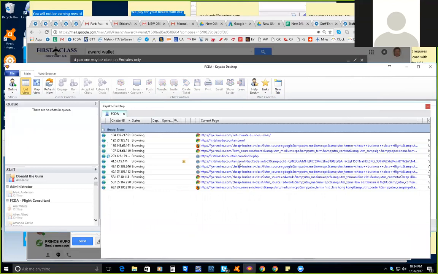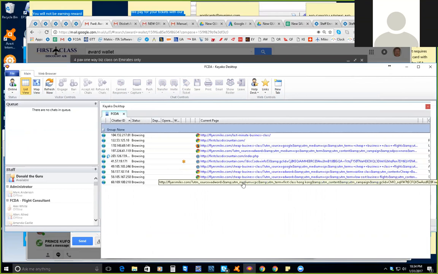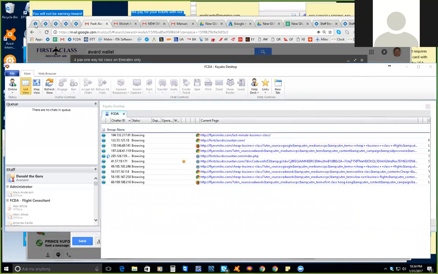Okay, so these are people that are on our website right now. We actually have 2 websites. One of them is called Flyer Smiles. You can see it right here. And one of them is called First Class Discount Air. So right now there's 2 people on First Class Discount Air, and there's about 6 or 8 people on Flyer Smiles. We have 2 different websites where we get the requests that come in. When the requests come in, they come in to